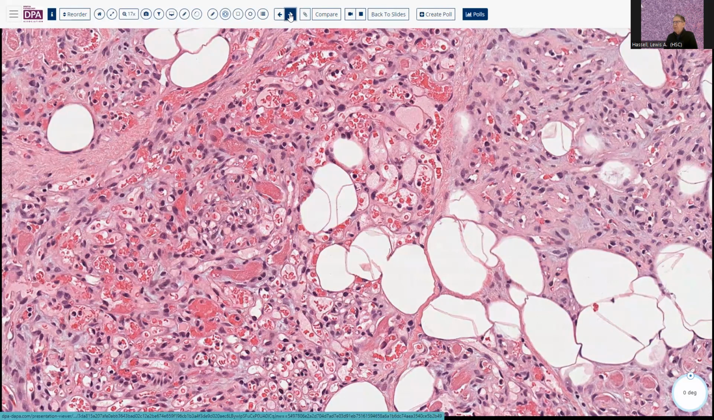Here's another example of this lesion. And again, I remind you that the links to these